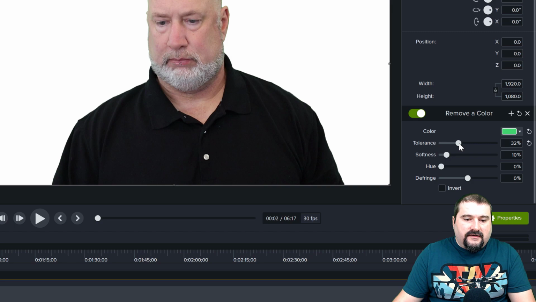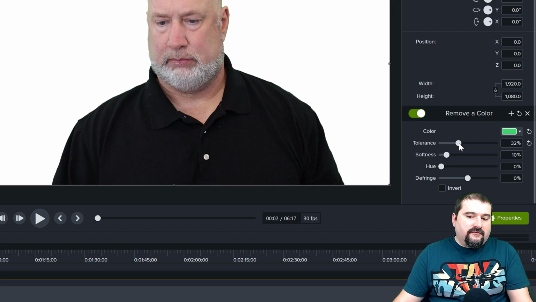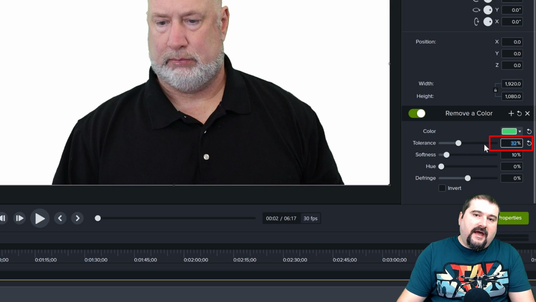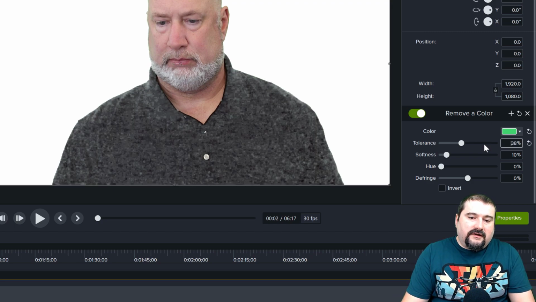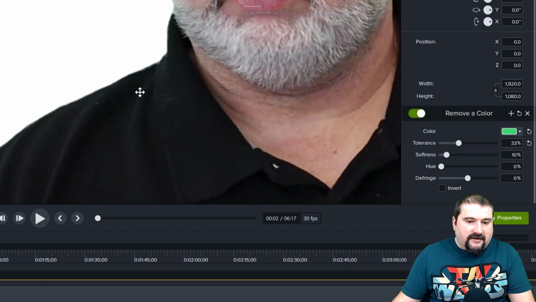So what I do, if I want to make sure I'm not removing too much color, is place my cursor inside this field where it says tolerance, and you can use your up and down arrow, one increment at a time, and usually you watch the edges. So I'm going to look at the areas where it's very likely that the white is going to start to bleed in.